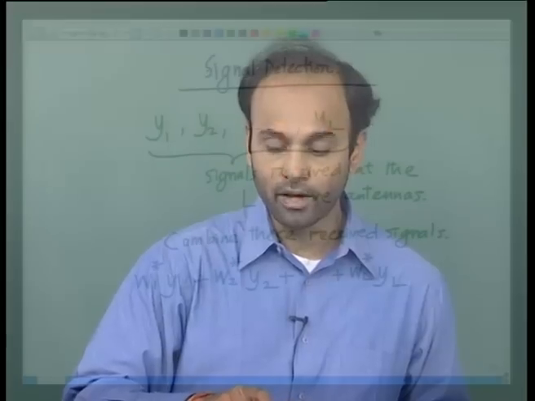Welcome to another lecture on the course in 3G and 4G wireless mobile communication systems. In the last lecture, we started our analysis of wireless communication systems with diversity. We said we can have a system in which instead of one receive antenna, we can have L receive antennas. The signals received at the L receive antennas can be represented as Y1, Y2, so